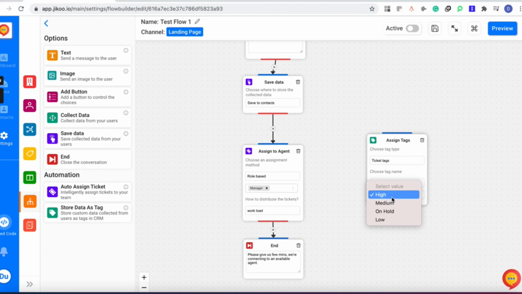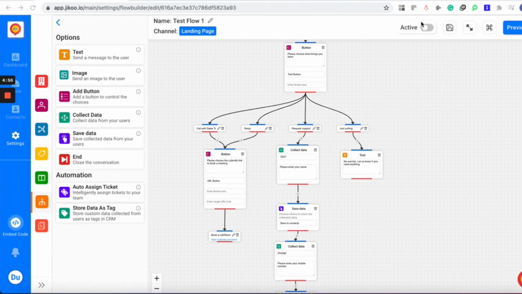Alright, so let's look at the image option right now. I'm just dragging and dropping it for you. Okay. So the image option is used when you wanna collect any documents like resume, Aadhaar card, PAN card, photos like that from the customer. As simple as that. That's pretty much the flow builder and the use cases.